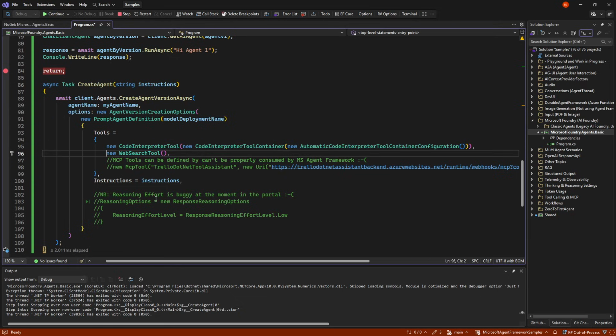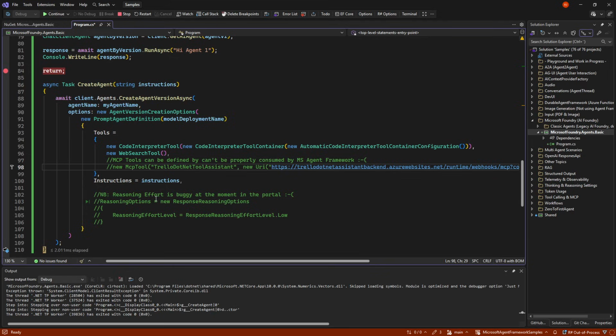We can also give it web search, which is fine. And you can technically give MCP tools, but this is one of the buggy things right now, in that we can make a tool, meaning a remote MCP tool, but if we do that, it will just call it, but never complete it, because built into the portal is that it needs approval for MCP tools, and Agent Framework can't handle that approval process right now.